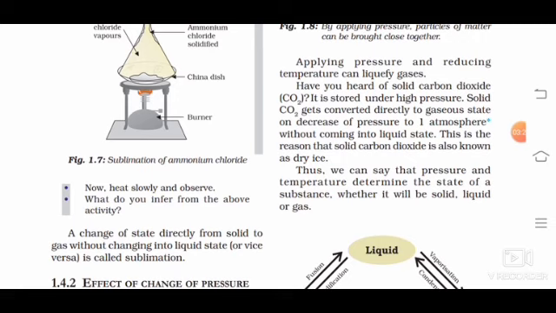Even I tell you one well-known sublimative substance which you use at your home. You put some balls in your wardrobe or in your clothes. Which balls are there? Naphthalene balls. Have you observed naphthalene balls after some days? The naphthalene balls will be reduced in size. That means it is converted into gas. It won't convert into liquid state. Okay, now let us perform this activity 1.13 which shows you the sublimation process.